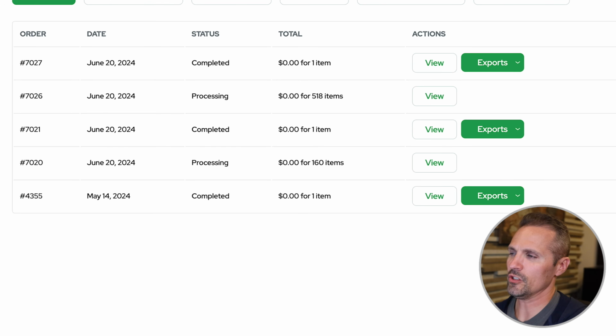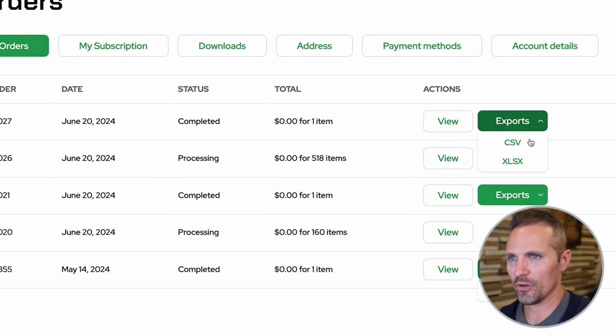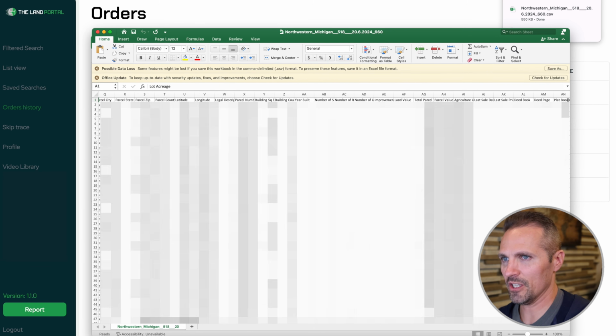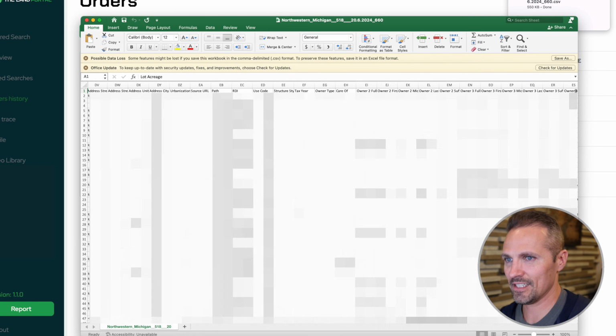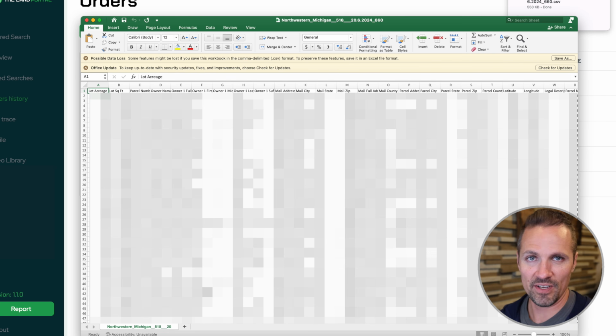Okay, so I'll head over here to orders history. And once we're over here, let's go ahead to this one that I just generated. We're going to download this as a CSV file. It's kind of what you might expect if you're at all familiar with how these data services work. Pretty much all the information we'd ever want to see and then some. What you can do from this point is you can start organizing it or removing things or whatever you want